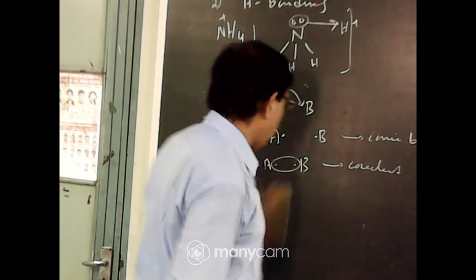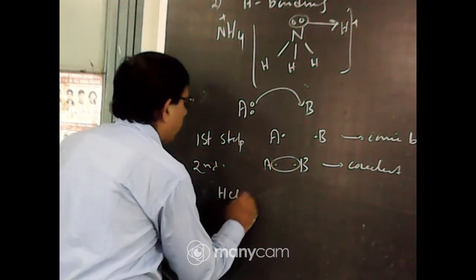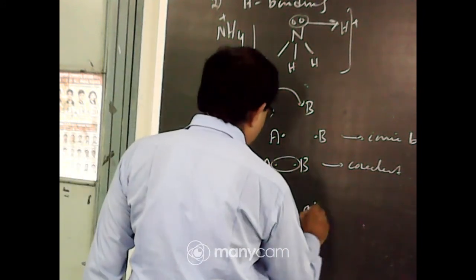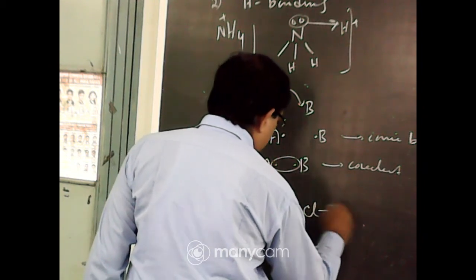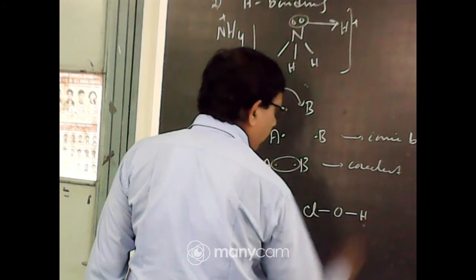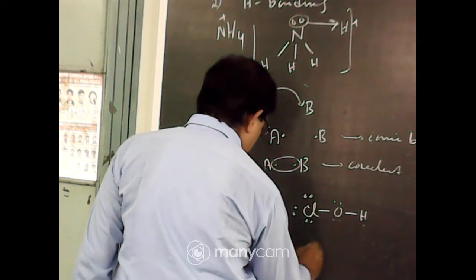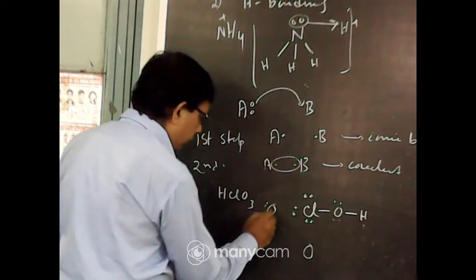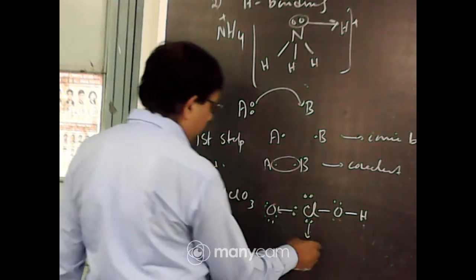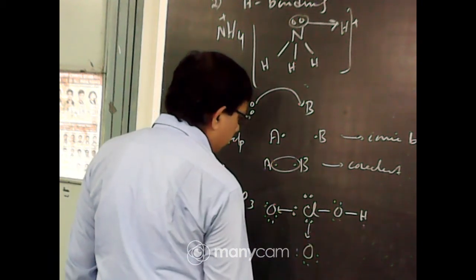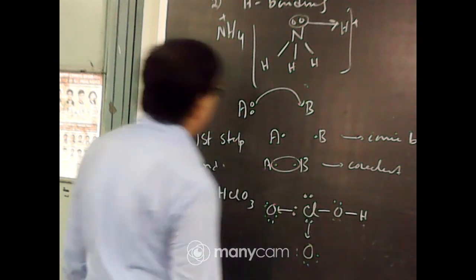Some examples of coordinate bond I have already discussed in the drawing of Lewis dot structure. Say HClO3, chloric acid. Chlorine has 7 valence electrons, 1 valence electron in a half-filled atomic orbital forms a sigma bond with oxygen atom, which forms another sigma bond with hydrogen atom. Now chlorine has 3 lone pairs, and another 2 oxygen atoms with 6 electrons in the outermost shell form 2 coordinate bonds with chlorine. So this will be the structure of HClO3, 1 chlorine-oxygen covalent bond and 2 chlorine-oxygen coordinate bonds.